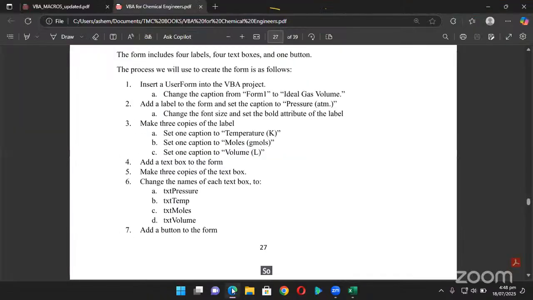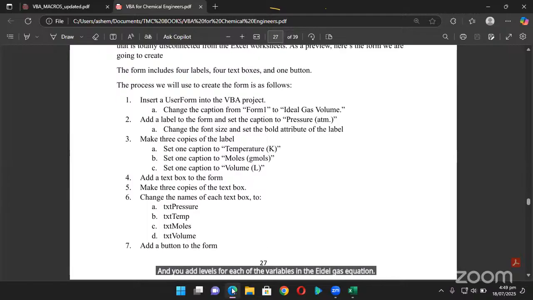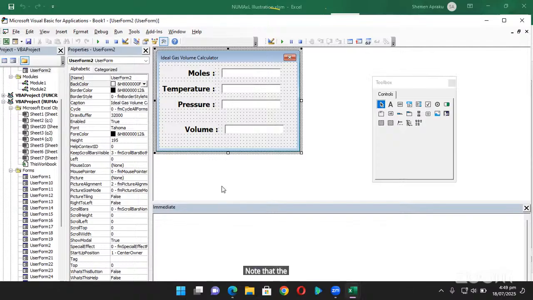So if you come here, it says insert a form, as we've done that, and we change our caption from our user form 1 or user form 2, based on your VBA project, to ideal gas volume, okay? And you add labels for each of the variables in the ideal gas equation. Note that the ideal gas equation is given as